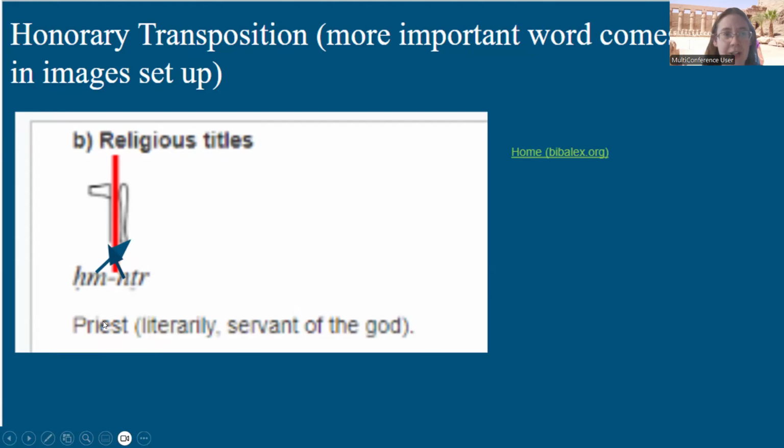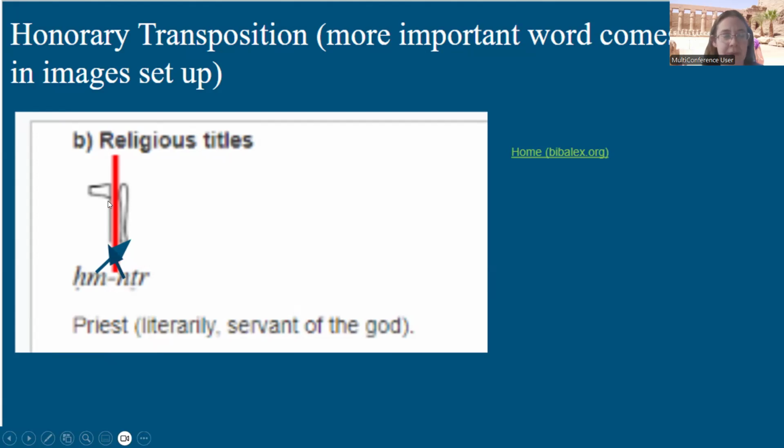Literally translated, that phrase means servant of the god. So the 'of' is implied, and the words that are actually present in the text are servant and god. So that's the translation part. It follows the sequence that we're used to. It makes sense. But if you look at the image,